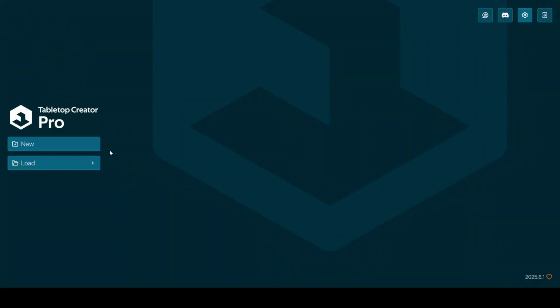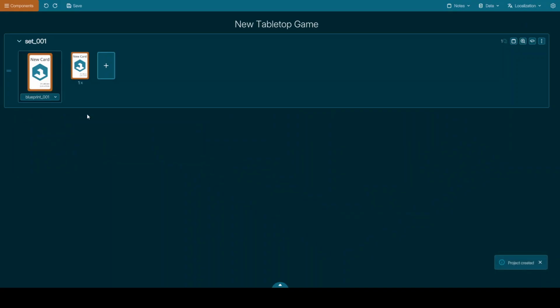Let's switch to Tabletop Creator Pro. Pretty much similar process. Let's start by saying it's new. So we have a layout here. We have already one component or set, as the Tabletop Creator calls it.